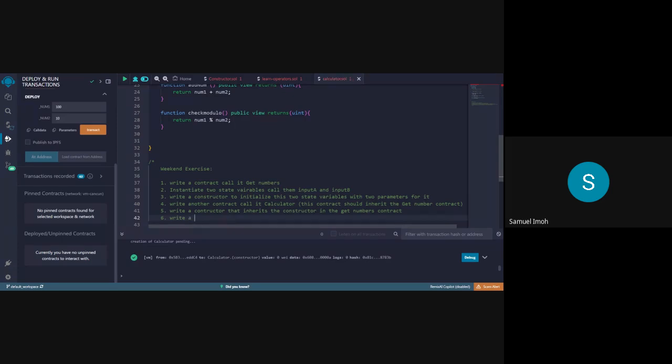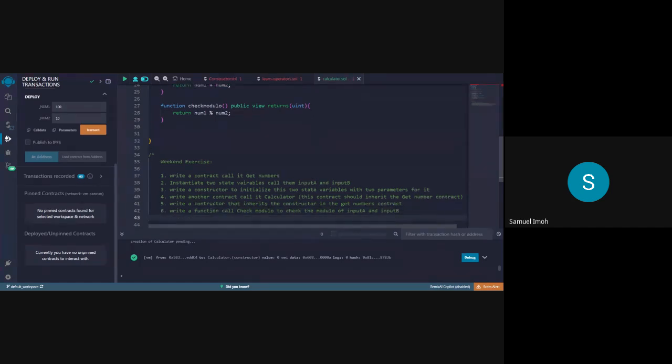Write a function called check modulo to check the modulo of inputs A and inputs B. Number 7,